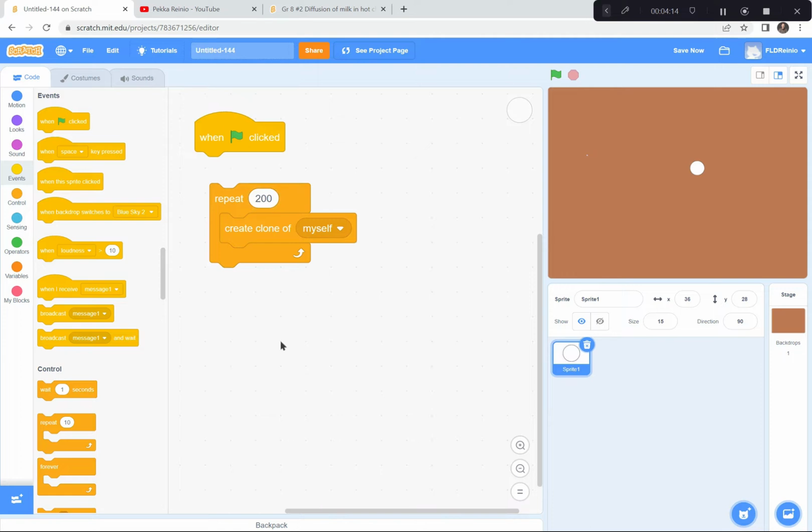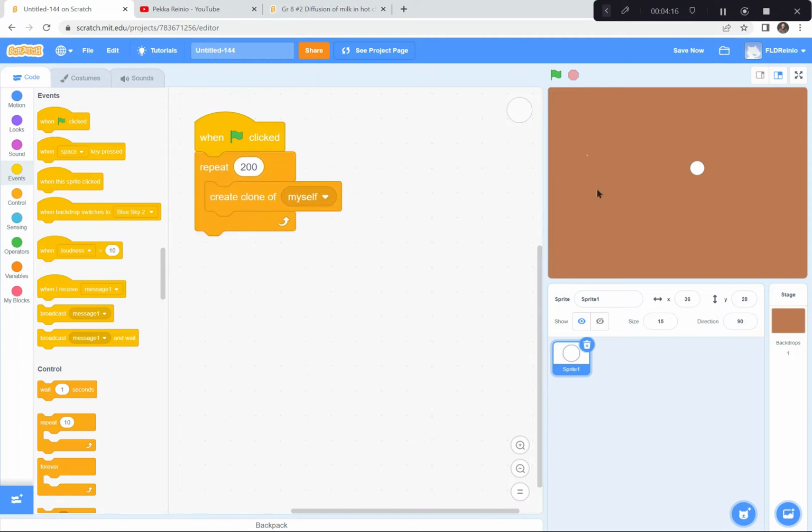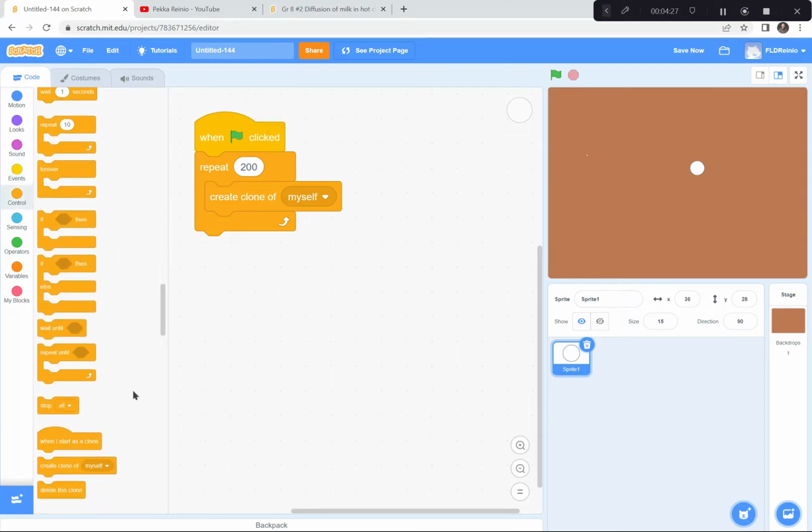So now we're going to have 200 round milk balls appearing on the screen in a minute. So when a green flag is clicked, repeat 200 times, make a clone of myself. Okay, that's part 1. Now, when I start as a clone, so when each of these things start as a